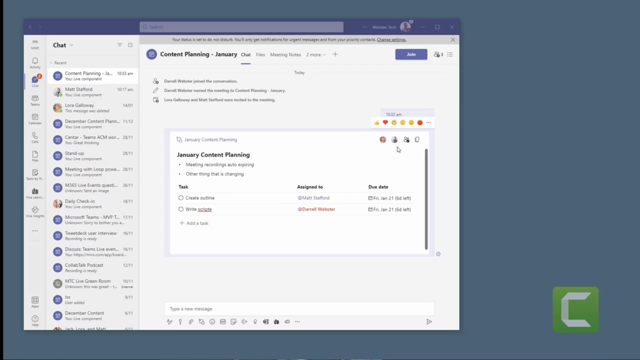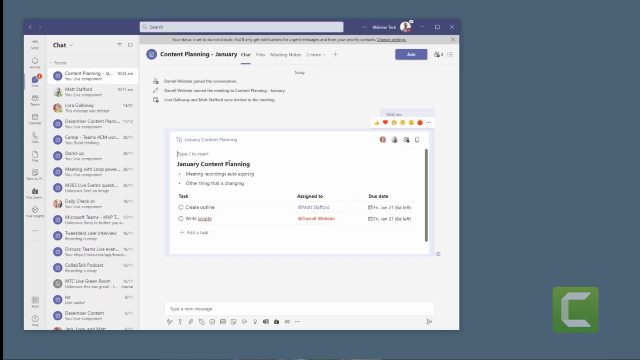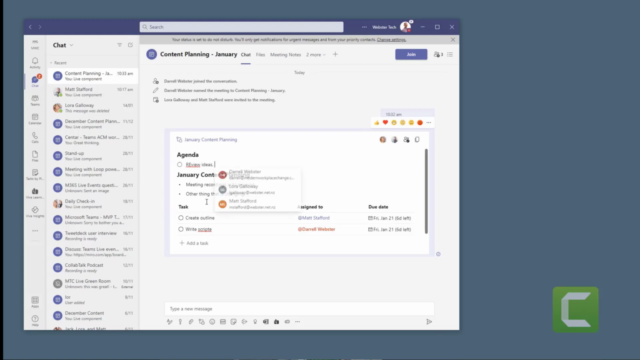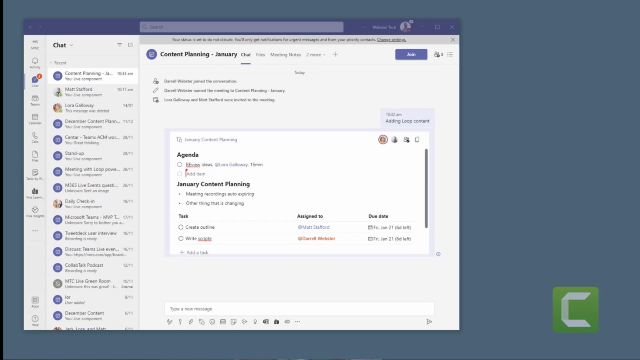So they both have the loop open, they're in the meeting, and they might start to add content like an agenda. So let's actually do that. Let's create some space here for an agenda, /agenda. Good. What are we going to do? Let's review ideas. We'll assign that to Laura, and we'll give her notes. And then Laura might also add something,